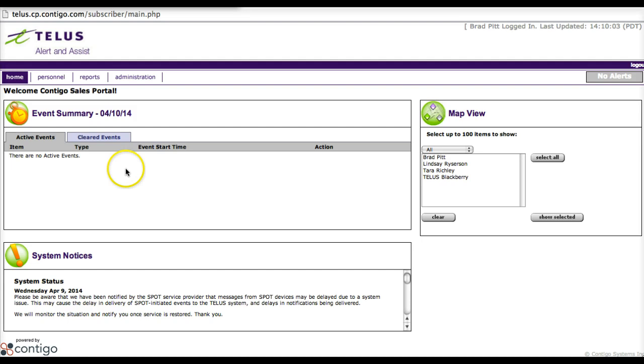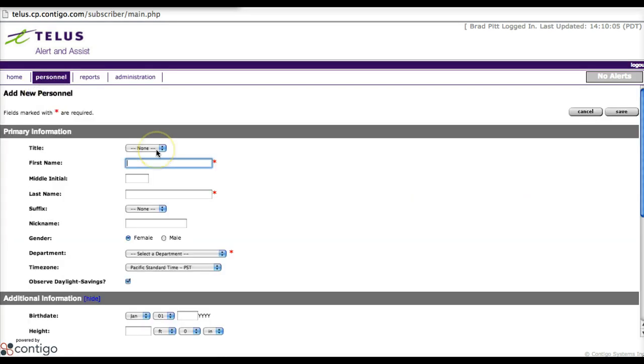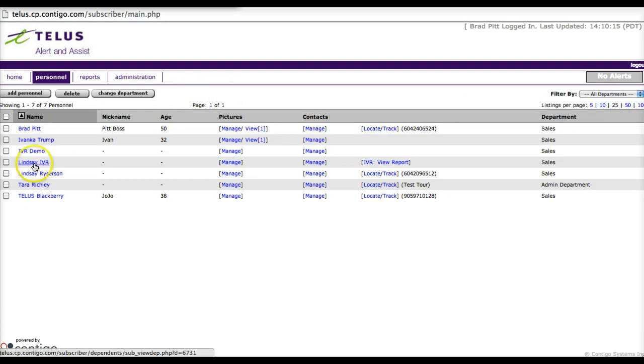Once you've logged into your portal, you can start by clicking on Personnel and going to Add Personnel. We're just going to need a first name and a last name, and if you have departments enabled, you will have to choose a department. Once that's complete, you can just click Save, and you'll see that it is right in front of you here